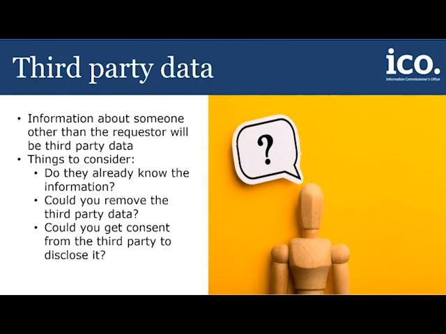In situations where the requester already knows the information about the third party, if they've previously seen it or they can find it online or in the news, it's likely to be reasonable for you to provide it. It also follows that information relating to a member of staff that the requester has dealt with is more likely to be disclosed than information relating to an otherwise anonymous private individual, like a third-party bidder on a property. There may be times where it's slightly more complicated than that, so there are a few things to consider when looking at disclosing third-party data.